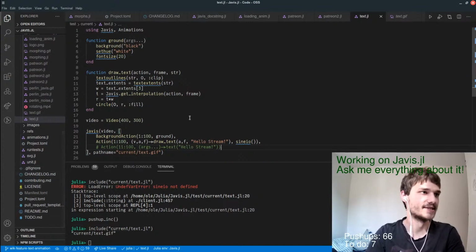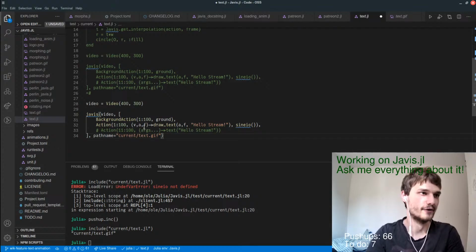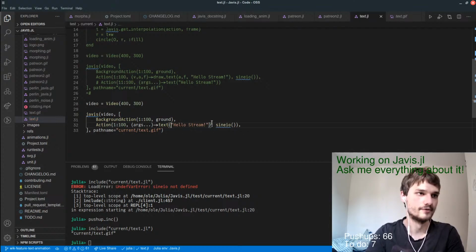So the general idea, I might want to get rid of this and basically have a version of how I want to have it in the final outcome. So I would like to have,